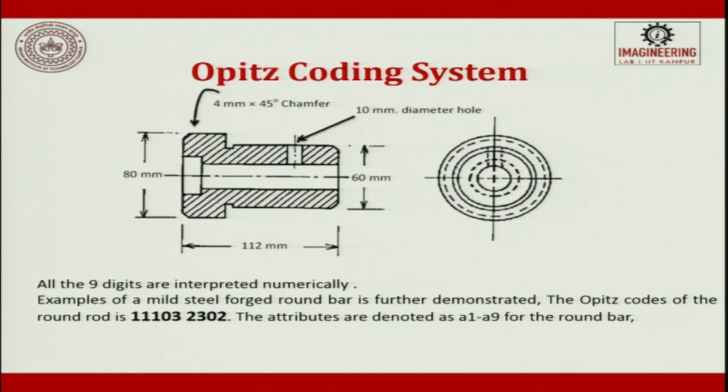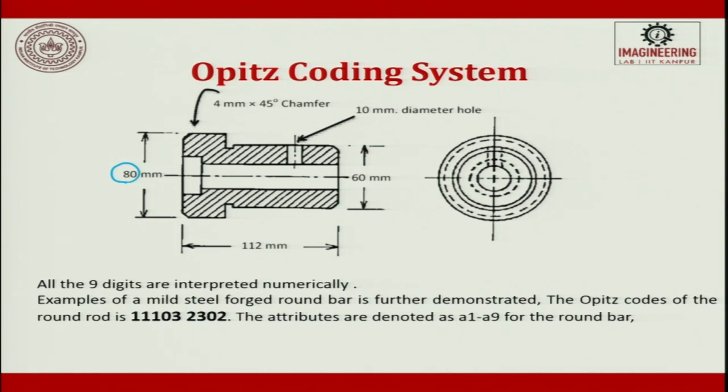Maybe this hole is for feeding oil, or it can be used for putting a dowel pin for locking this with respect to a shaft. So, there is a small recession given. Maybe through this recession there might be some other part which is inserted. The dimensions are given: 80 diameter for the larger diameter and 60 for the smaller diameter, and a hole has